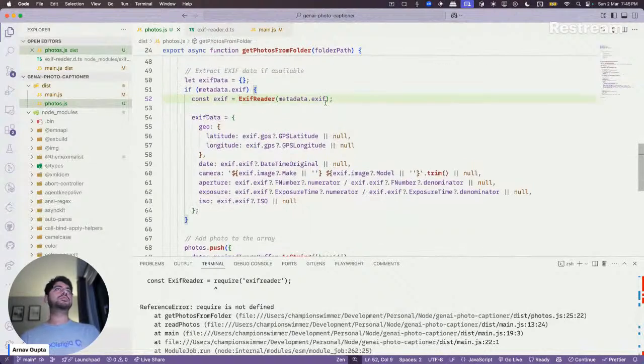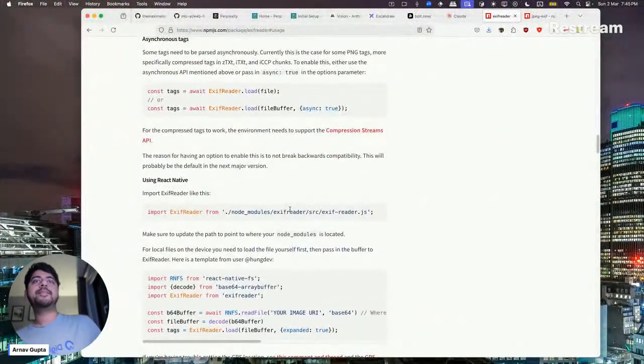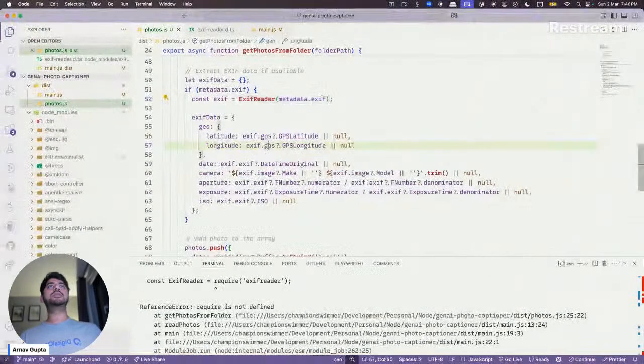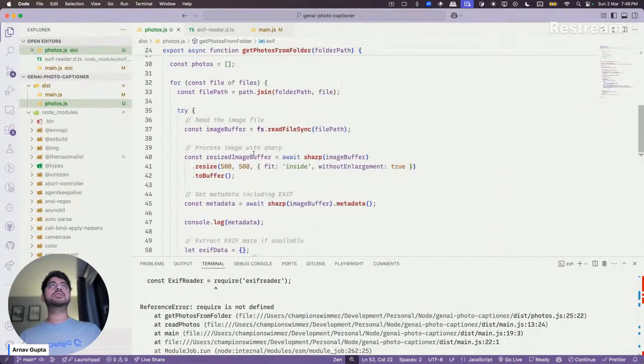So this seems to be not correct in the first place. And pass the file itself here. Let me try to do that actually.